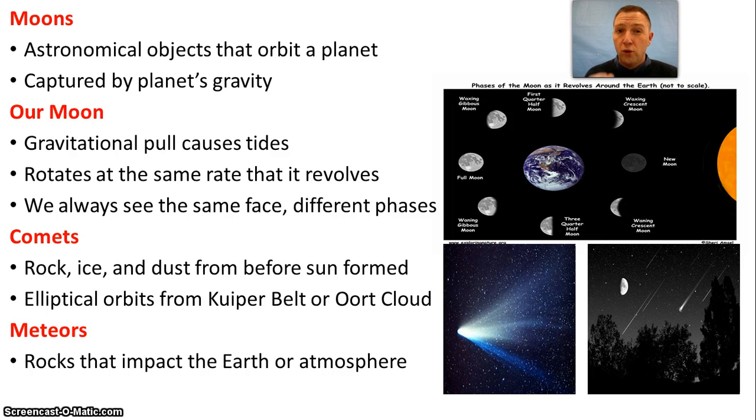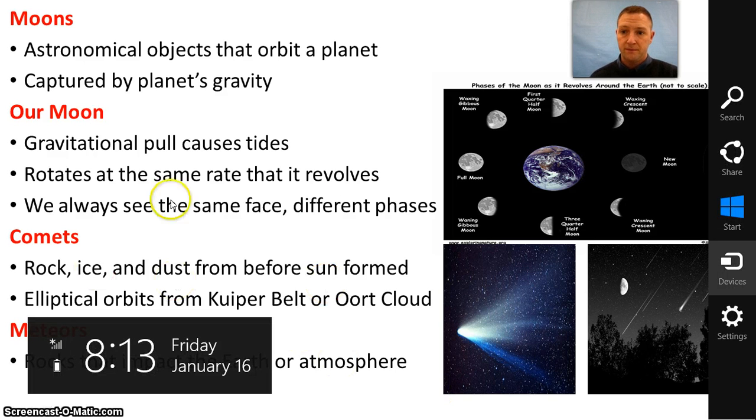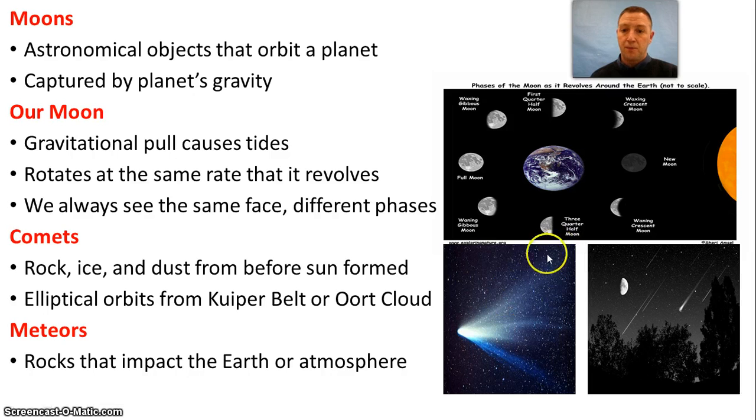So this has the oldest rocks and dust from our solar system, and they make journeys in towards the sun, and as they do, the heat from the sun can melt some of that ice and get this vapor trail, so you get the tail of a comet. The difference between a comet and a meteor in the sky is a meteor is like a shooting star, swoop, and it's gone. A comet you'll see approach, and so you'll see it for days and weeks and months, and then you'll see it go back. And then it's gone for dozens of years, whereas a meteor lasts